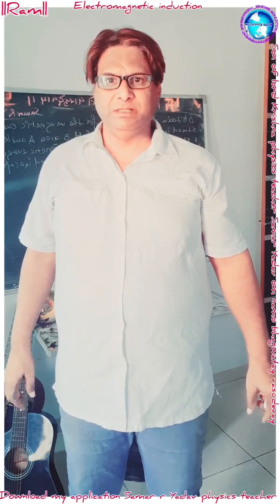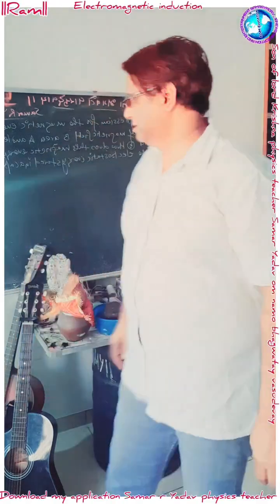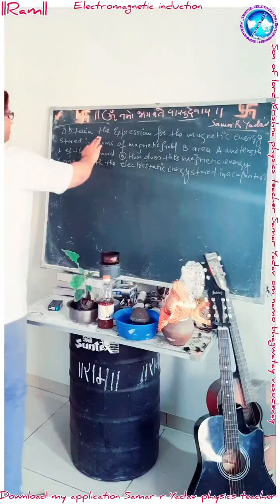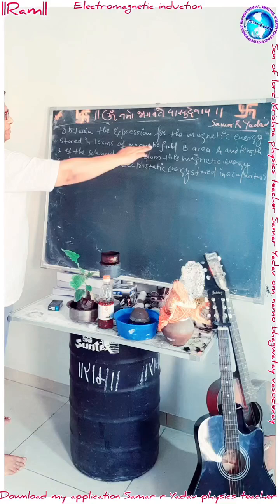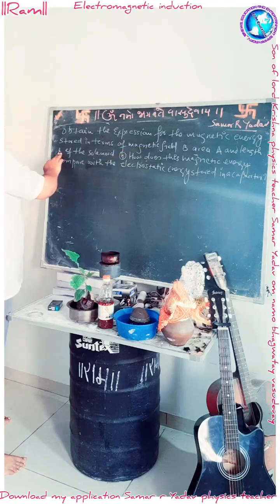Today in physics, electromagnetic induction, now to see one numerical. The numerical is based on magnetic energy density. The numerical is like this way, just you can see here. Obtain the expression for the magnetic energy stored in terms of magnetic field B, area A and length L of